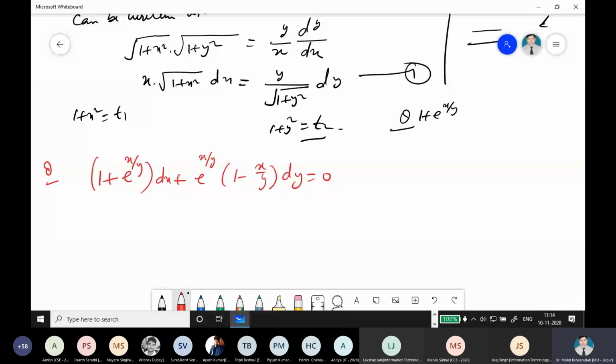100% the answer. Yes, this question we actually have to make first a variable separable, but it could not be made variable separable. It comes under variable separable, but it must require this x by y. That means it is a kind of homogeneous. It is a homogeneous equation, but it is studied in the variable separable form because